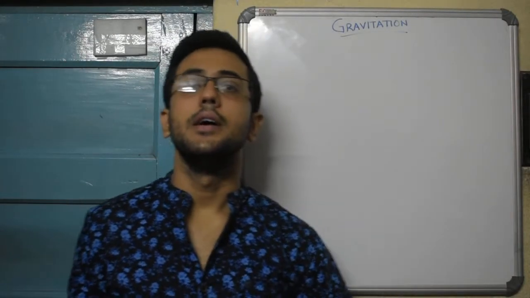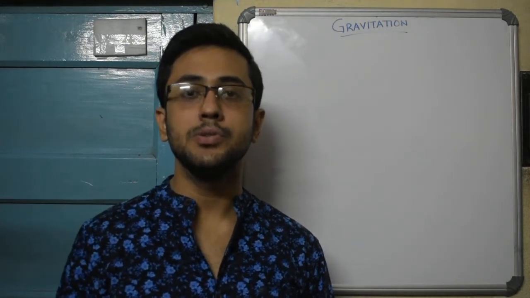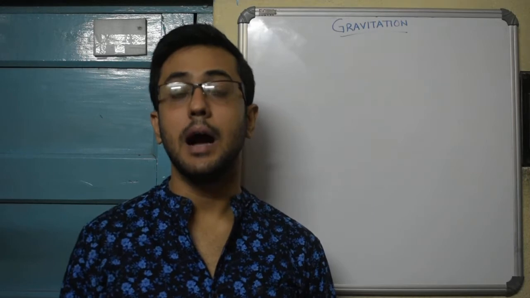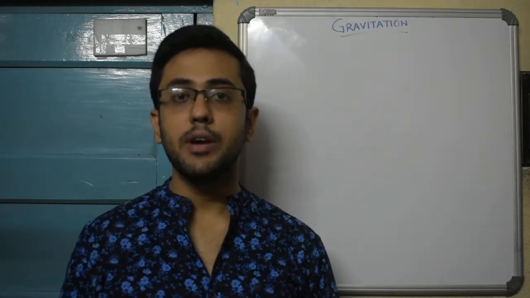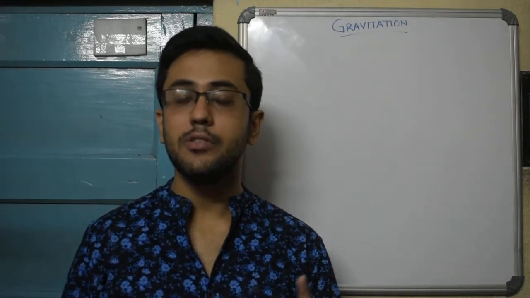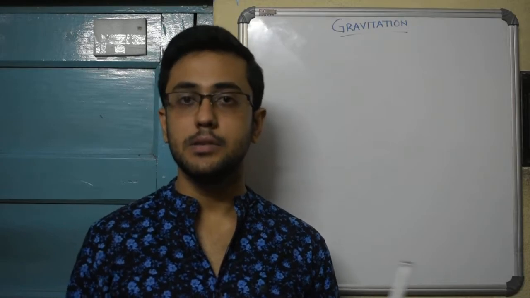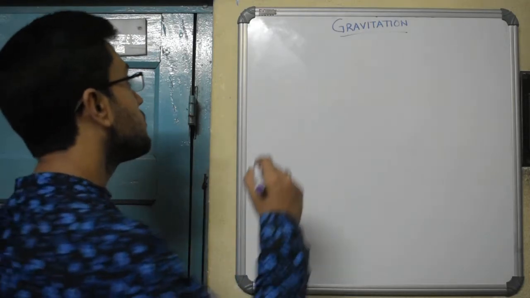Hello students, in today's class we will be studying how the acceleration due to gravity varies with height above the surface of earth and also depth below the surface of earth. What is the effect of these factors like height and depth, then the spinning of earth, the latitude of earth, the shape of earth, of all of these factors on the value of g. So first of all what we will be doing is